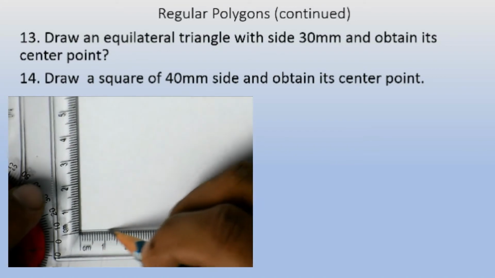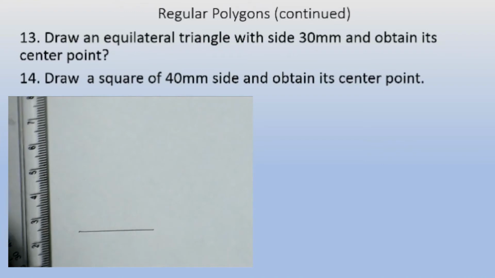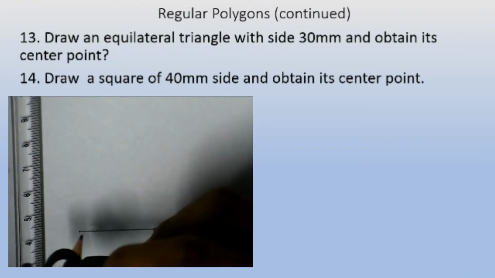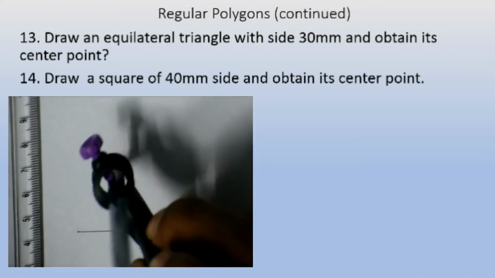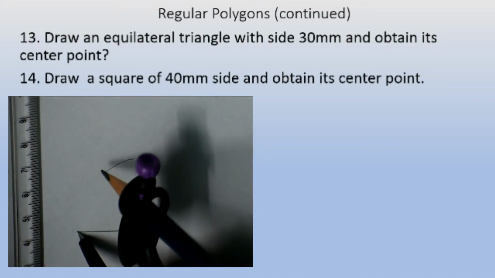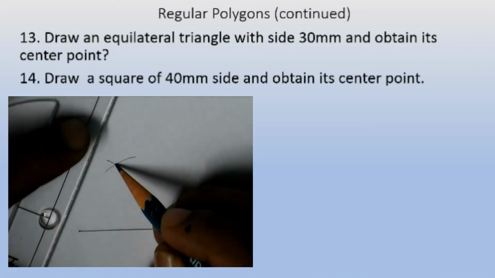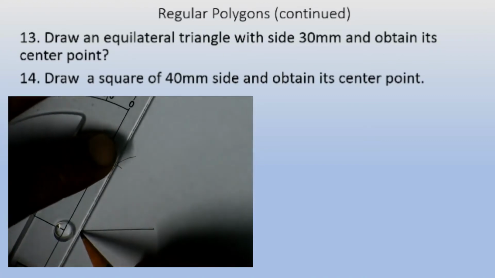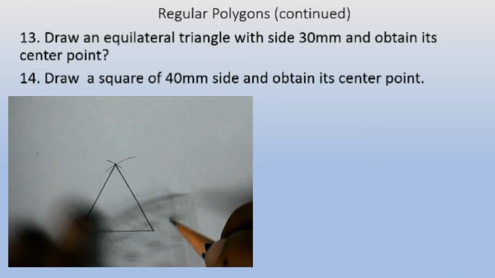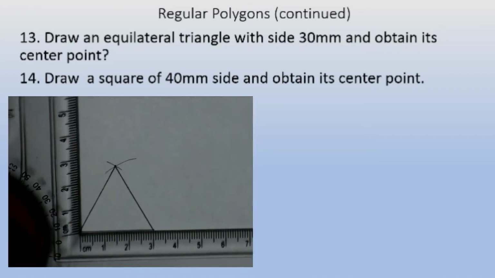You see that I will take one line 30 mm, that is 3 centimeter here, and for drawing the other two sides I will use compass here. Please observe here carefully. I am using compass here, and I am marking 2 arcs in this fashion from both ends of this straight line, and the point where these 2 arcs meet, from there we can join the ends of this line. So we will have our beautiful equilateral triangle ready with minimal effort. But here we have to obtain its center point also.